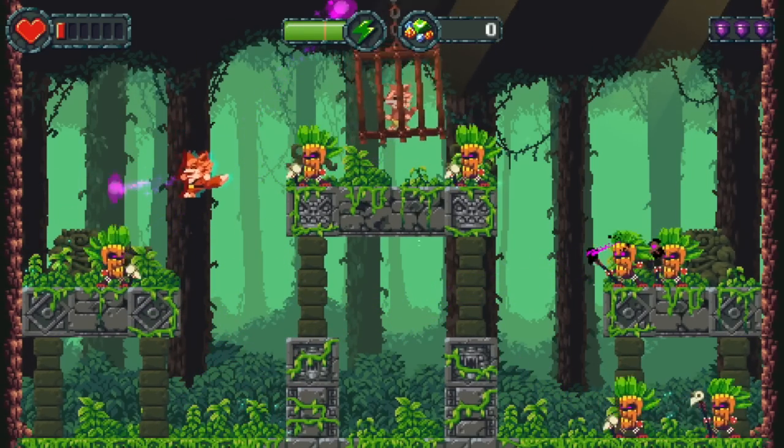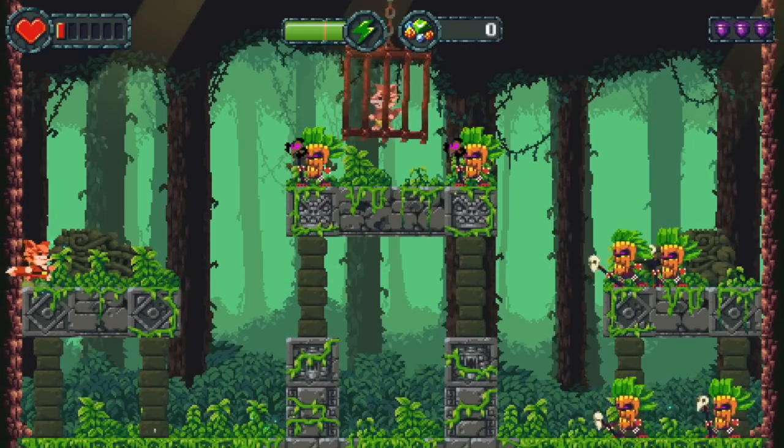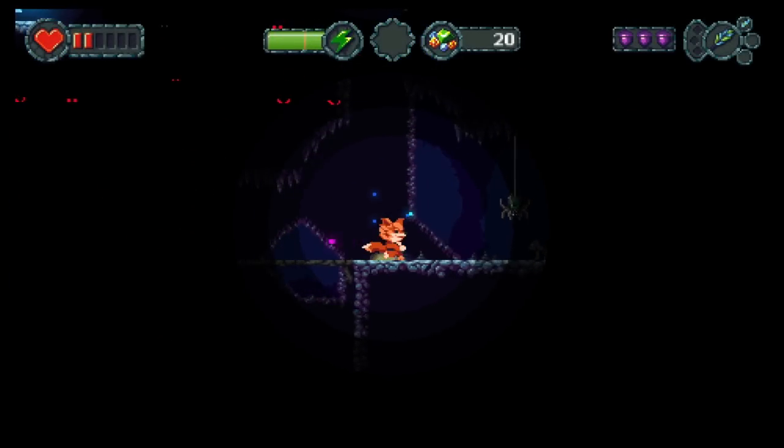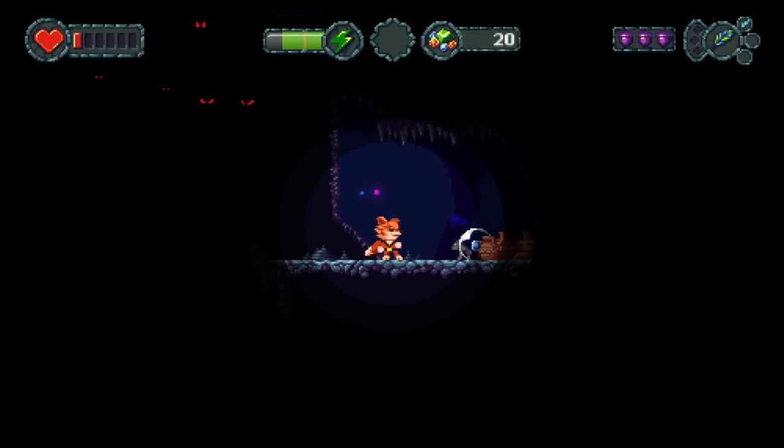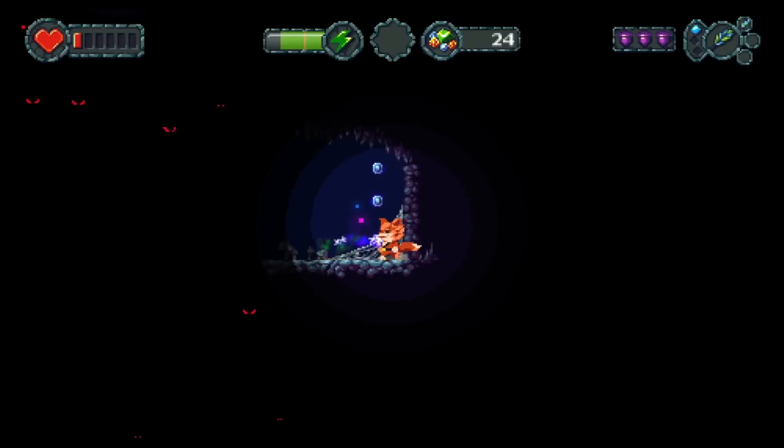Things change up with levels though. There's some that are pitch black where you need a bunch of fireflies which light up the area in front of you. They only last 15 to 20 seconds and you're going to need to find more. It can be frustrating going down the wrong path on these levels, and for those of you that know me,